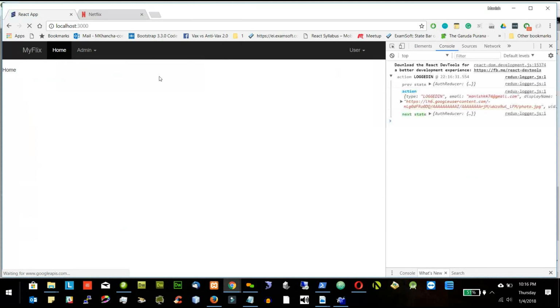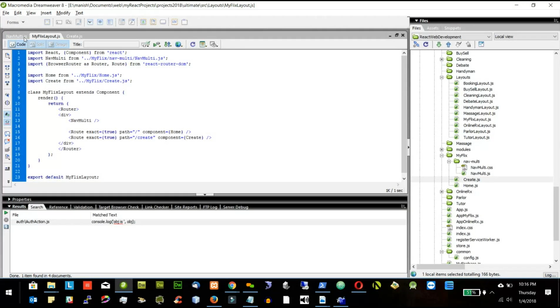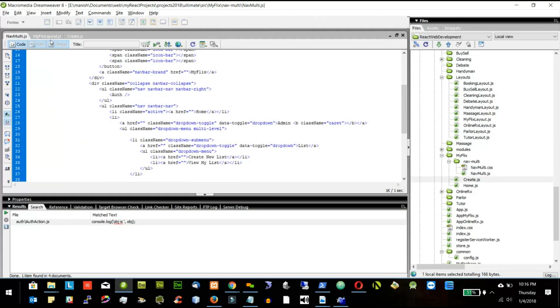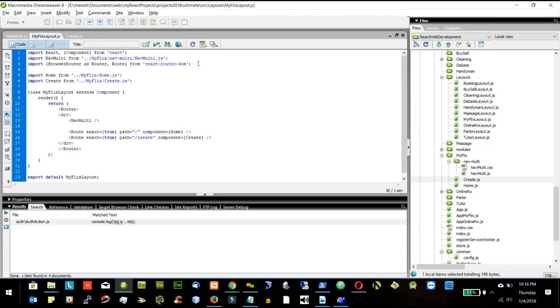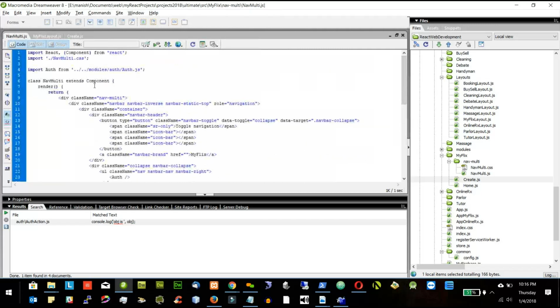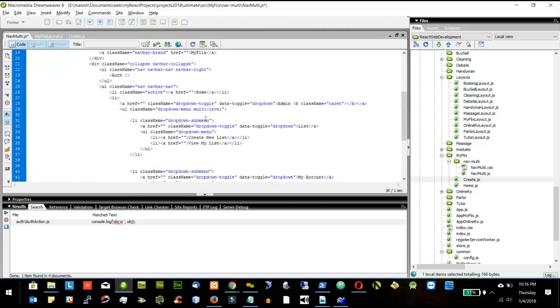Okay, I have to define this URL also. So I'll go to the nav multi. I need to get the link also because I will be using link. So I will import link from the React router DOM, and I will use this link to go to the create one. I'll say link to equal to